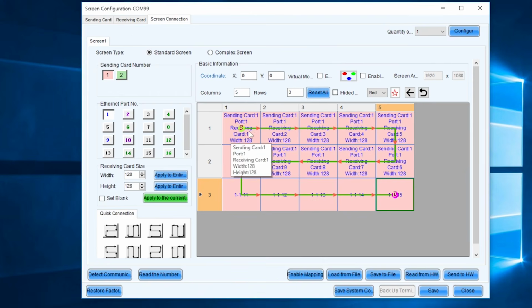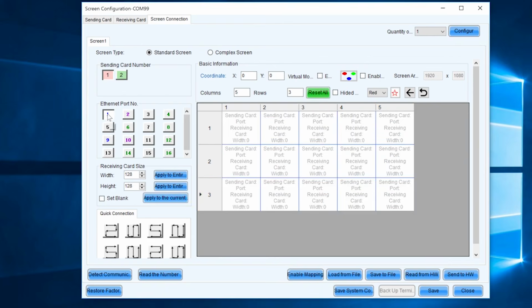So it depends on your configuration. This is looking from the front of the screen. So when you're looking at the face of the screen, this is where your S for start is and E for end. As we're going through, these will be the cards as this is set up. Sender card 1, Ethernet port 1. Say if we were running 3 different feeds and we wanted to use card number 1, port 1, 2, and 3, you would go from 1 to